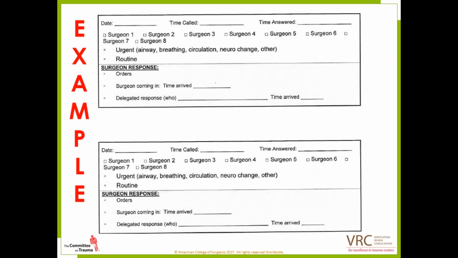Basically, she uses this sheet to document, or gives it to the charge nurse, and the charge nurse is the one who fills this out. It is then given back to the trauma program manager, and she tracks it, logs it, and does a compliance report for the review team, or at least for her PI process.